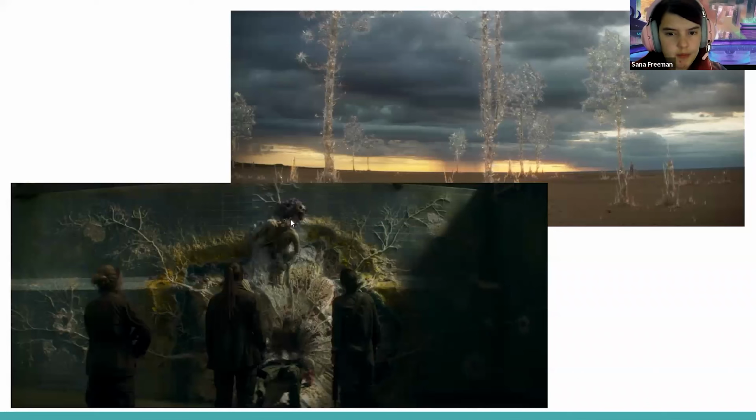So you get a human merged with almost like a fungus or a cancer and a plant growing all over this wall. Or you have these trees that are growing from the sand, and they're made of glass, so they start to follow these crystalline structures that you would see in snowflakes. I think this is a fantastic example of how to tell the story in your environment very, very subtly.